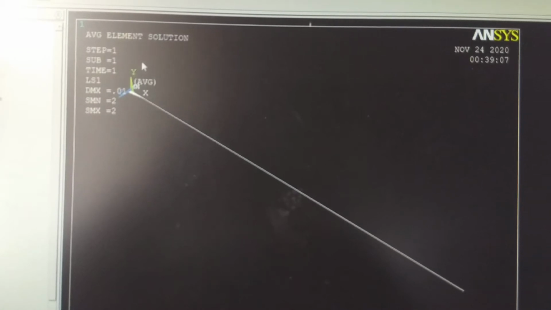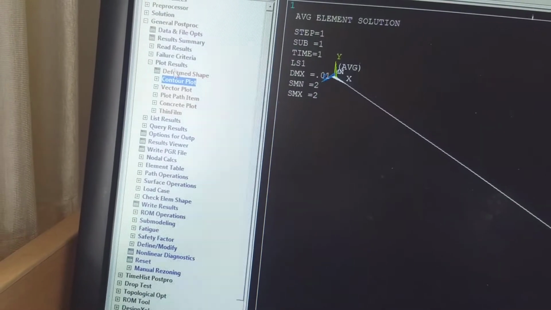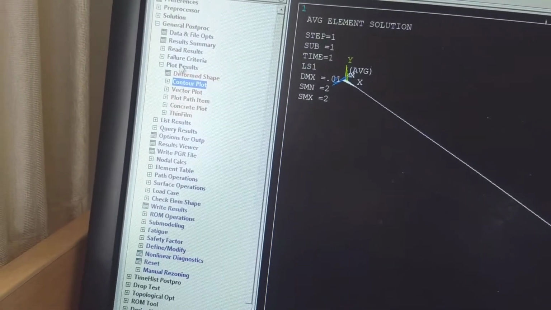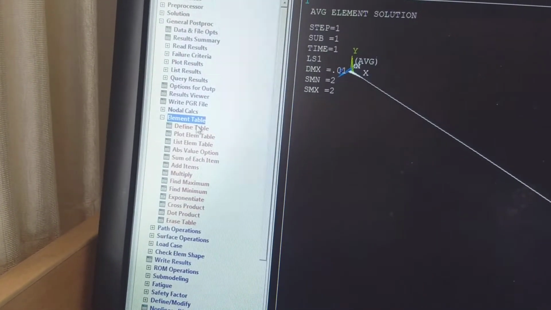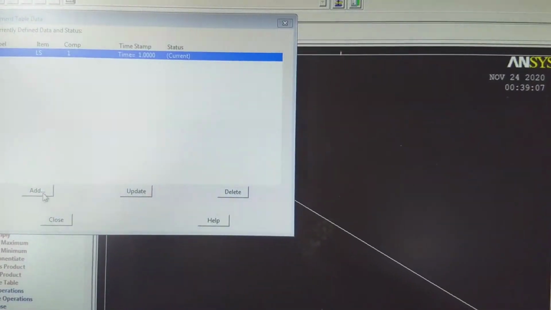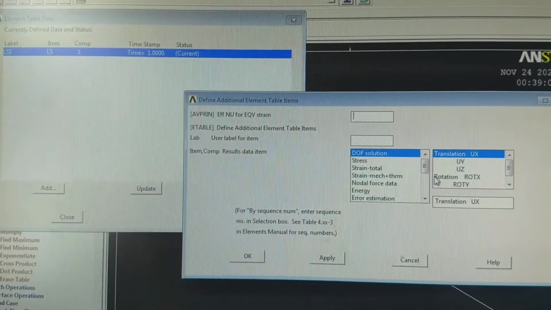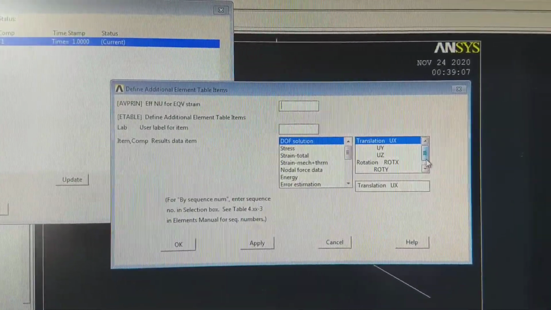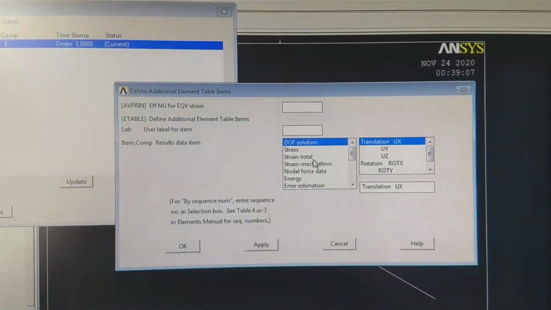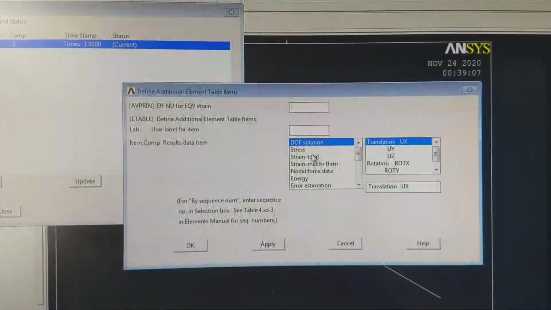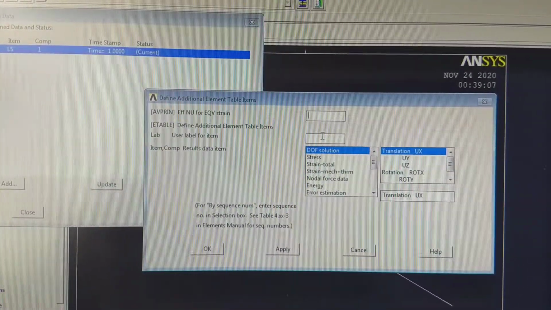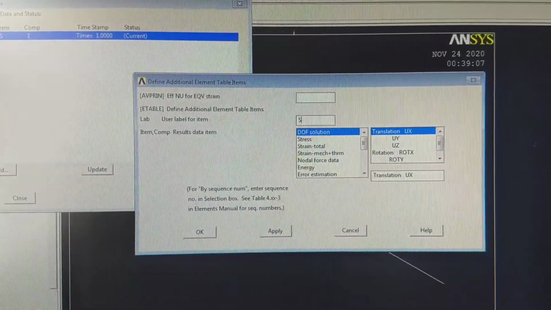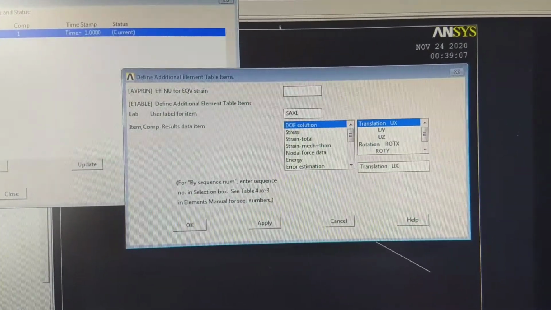Okay. This is a user label which is given.